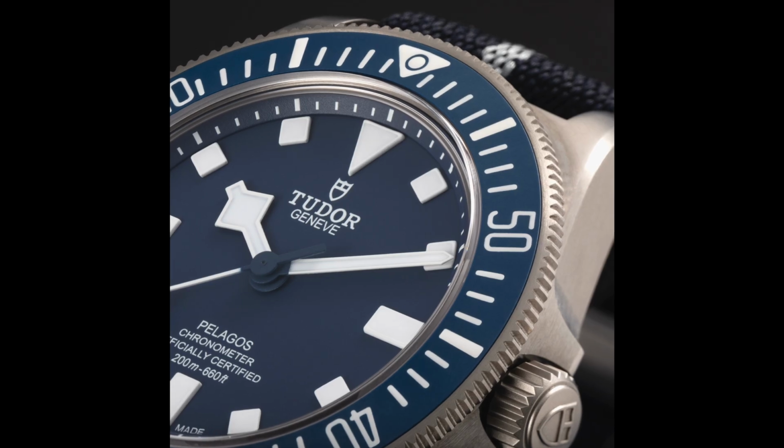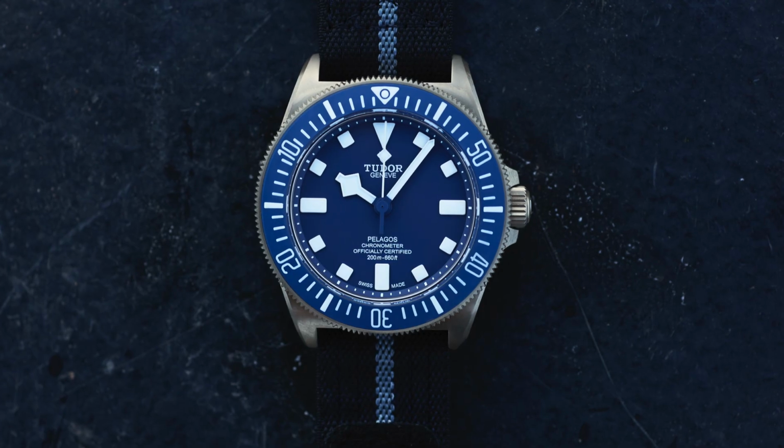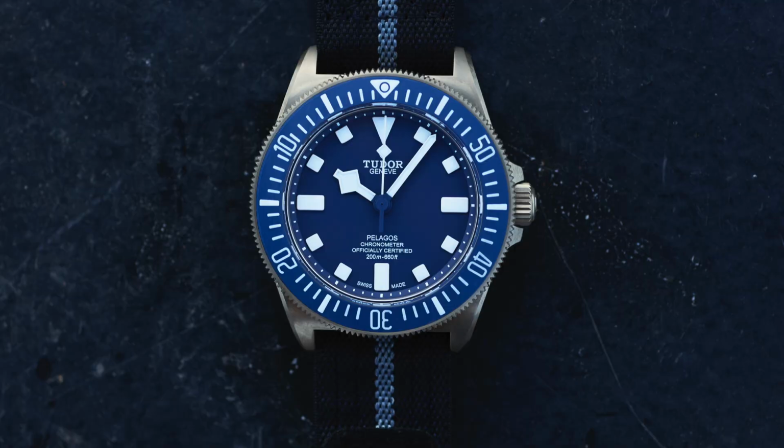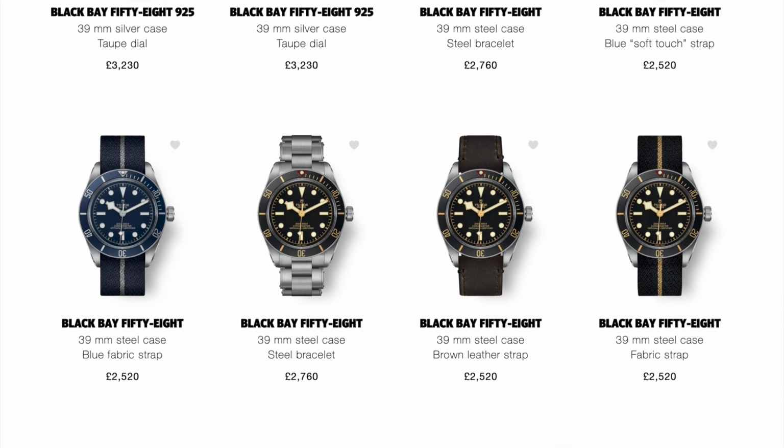Now, Tudor referred to the 12-notch bidirectional bezel as having a retrograde graduation for navigation by successive stages. So, instead of using a unidirectional count-up style diver's bezel as required for ISO 6425, this is a countdown bezel. Now, aesthetics apart, there's an argument that it's a little too fussy. I do think it achieves its job of looking different to the other divers in Tudor's range, but just looking different isn't enough, and the graduations adjacent to the numbers, well, they're non-existent, making this potentially hard to